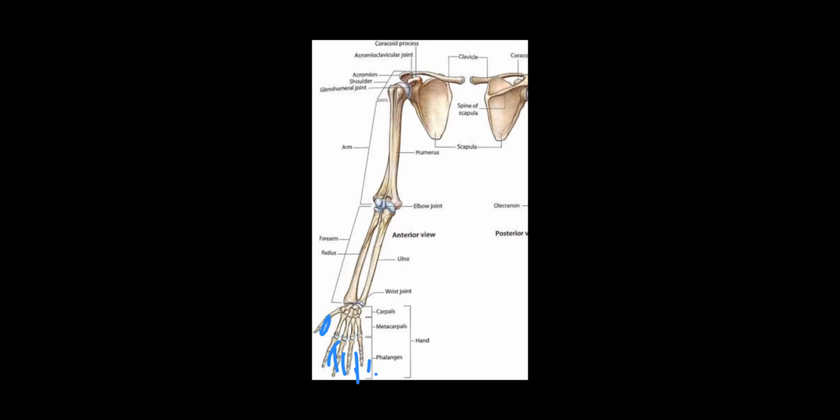I repeat, the parts are: upper arm, in your biceps and triceps region, forearm, wrist, palm,